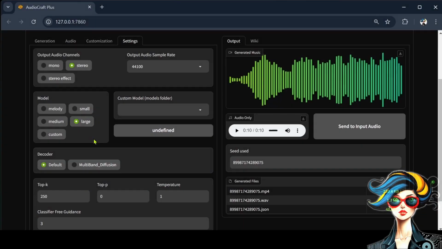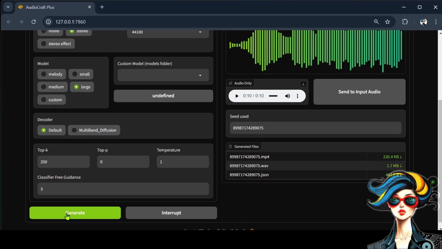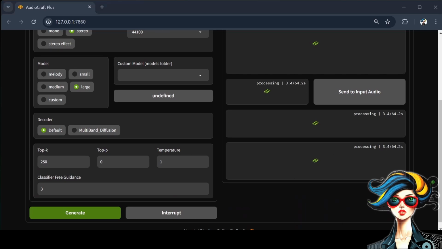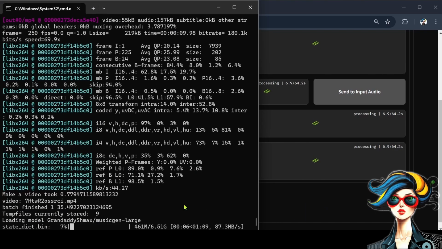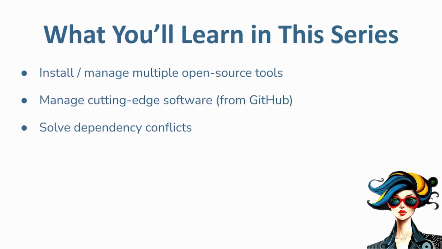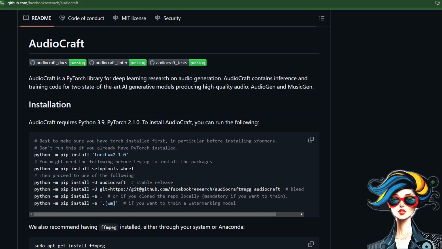By the end of the series, you will know how to generate your own customized music, art, and text locally on your computer, privately and offline. In particular, it is important to know how to manually install multiple open source creative tools on the same system. And some of this software is so cutting edge, it's actually still in development, so it can only be found on websites like GitHub. For example, you might see something like this, with installation instructions that require more than just a click of a button.